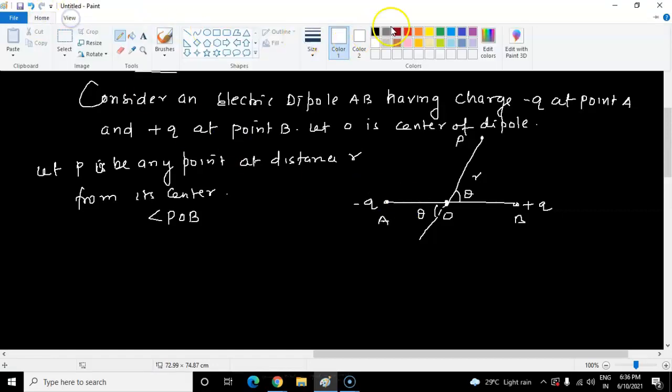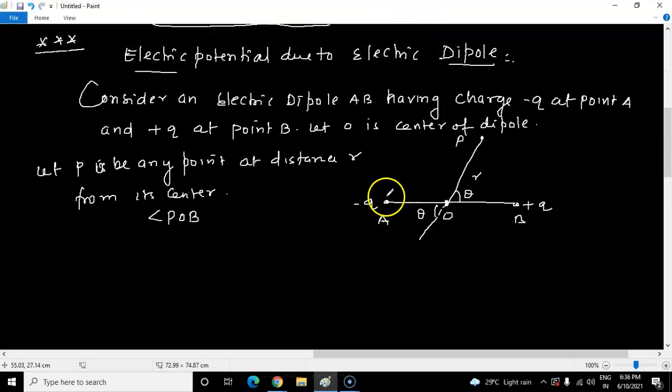Now see here, if you want to find the potential due to the plus charge, we should know the distance of this one; this distance is not required. We require the distance for this one, right? So when we are finding V1 here, the formula is 1 by 4 pi epsilon naught, Q by, you should take the distance of P.